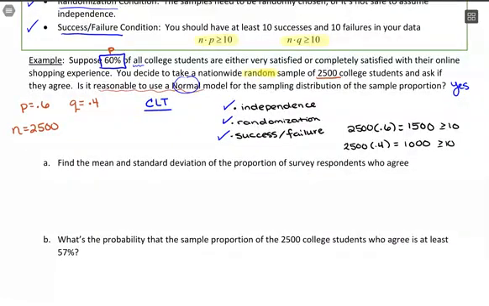Find the mean and standard deviation of the proportion of survey response. So the wording here, mean of the proportion and standard deviation of the proportion, that's describing that notation up above there. So, mean of the proportion, just copy the population proportion. So that's going to be 0.6. So the middle of our distribution should line up with the true population proportion. Standard deviation we need to calculate. So we're going to take the square root of p times q